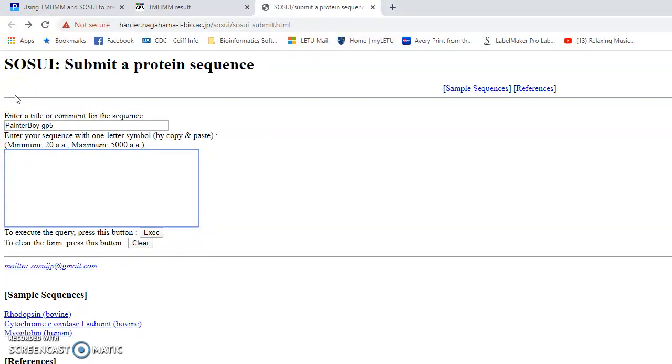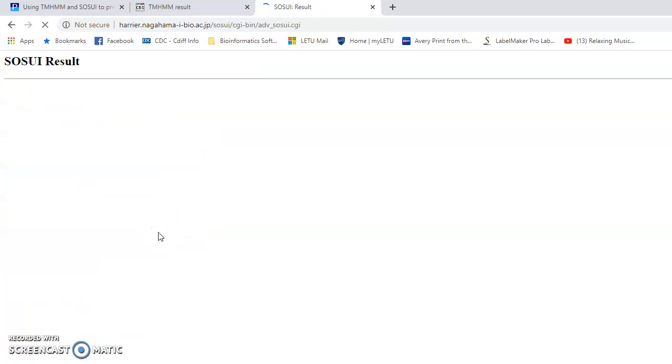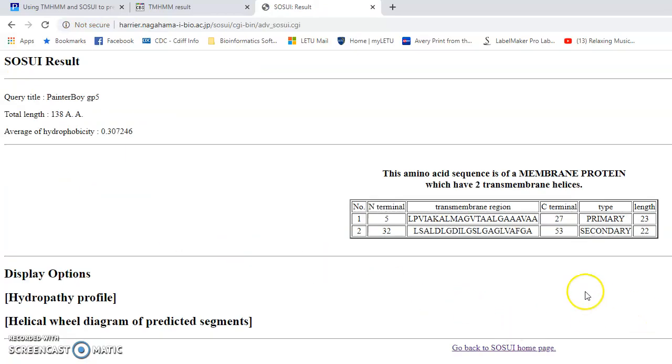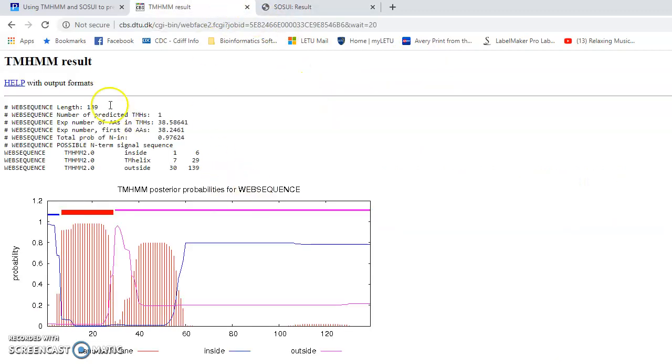You know, lysine A may not actually be embedded in the membrane, but look at that. So you get the output here. This one has 2 transmembrane domain regions, and so even if this was the only test that said it was a positive membrane protein, we would write membrane protein as the function. That's the SOSUI. And now if we go back to the TMHMM, it's showing this one transmembrane domain region,